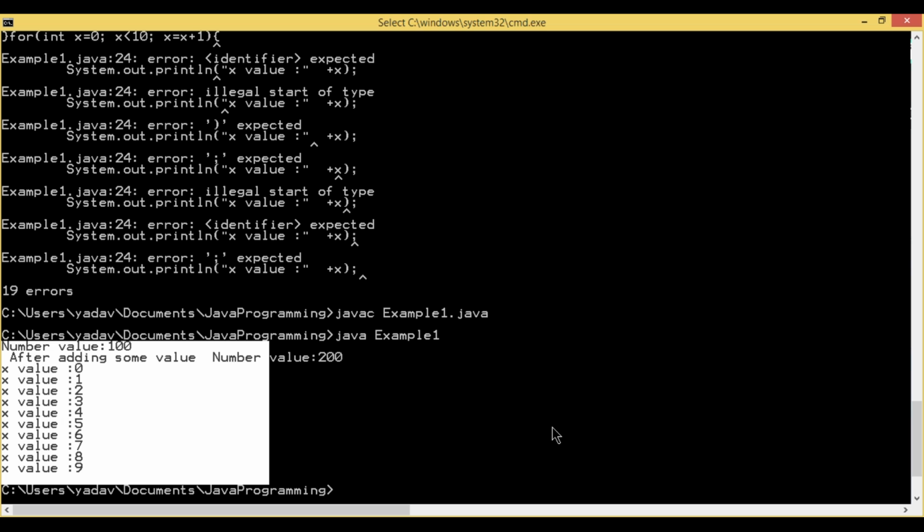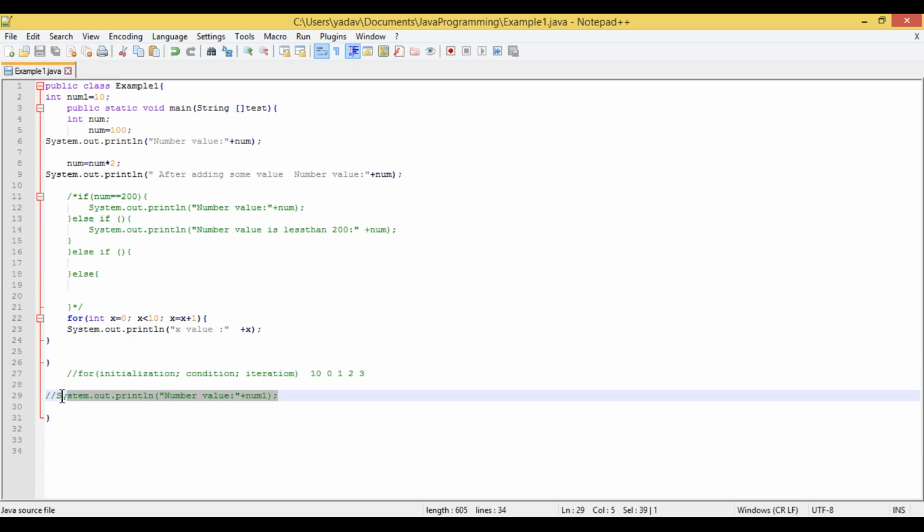So we have different types of loops available. We can see them in our class tomorrow. As I said, this is some error we are getting, and I will also explain why it is happening. So as of now, if you have any queries, you can ask. Before going to conclude,